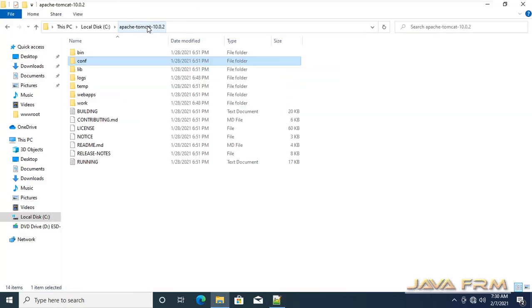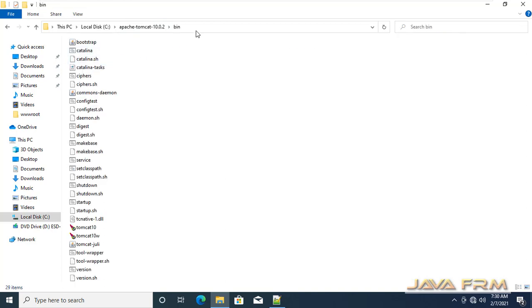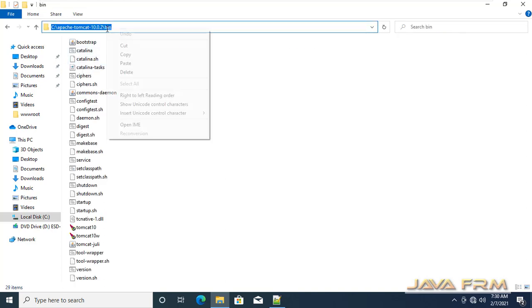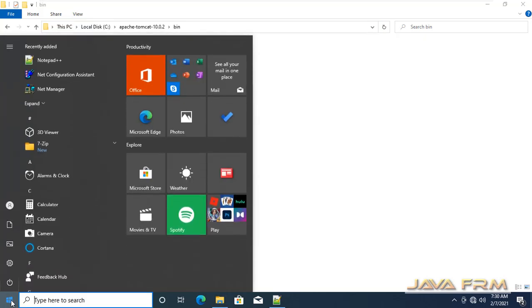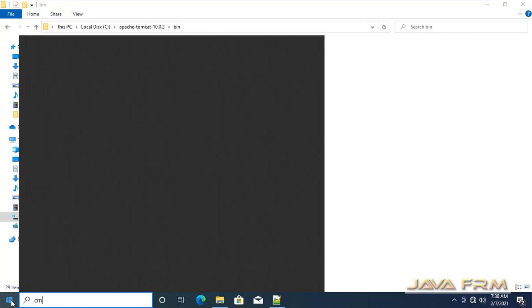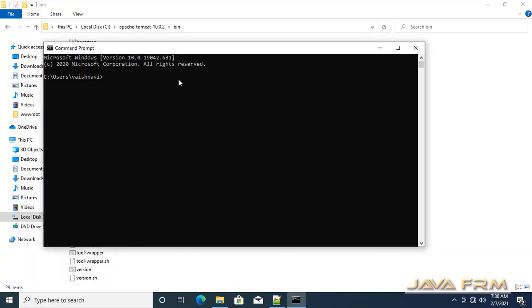This is our first setting before running Tomcat. Now I'm going to the bin directory. I'm copying the path and opening the command prompt. Yes, startup.bat.